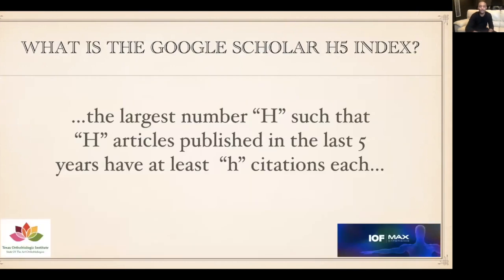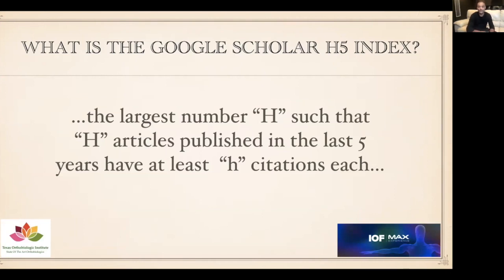I'd like to talk about the Google Scholar H5 Index. Most of us have heard about the impact factor. The impact factor relates to a specific journal and is really more of a measure of journal prestige. It's usually a number that covers the last 2 years of publications of a journal and refers to how many times articles in a particular journal have been cited across the internet or across academia.